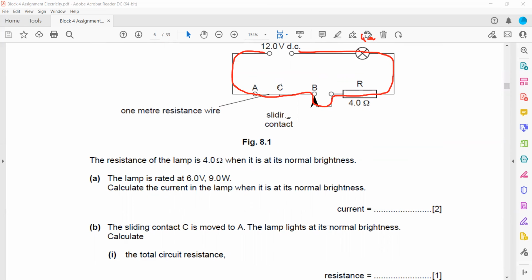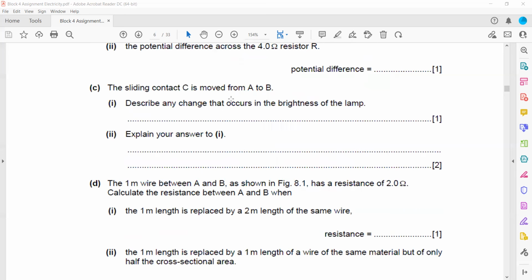Why? Because some of the voltage will drop across this wire, or some of the energy is consumed within this wire. So the remaining, smaller amount of energy will transfer to the lamp or bulb, so the brightness of the lamp will decrease. Describe a change that occurs in the brightness of the lamp. Answer: it will decrease. And what is the reason for that? Explain your answer. The voltage will drop